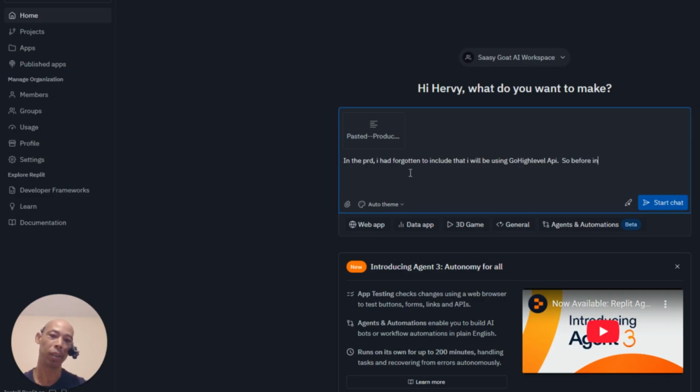So before integrating anything that can, or I should say, before using the PRD to start the app building, tell me what things in the PRD can be replaced by using the GoHighLevel API,